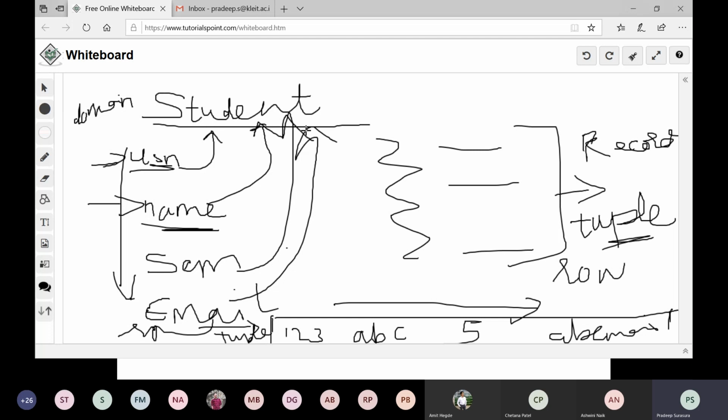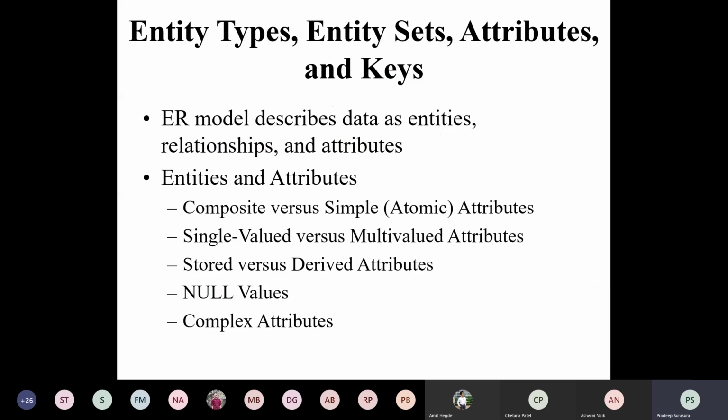So whatever attributes we are trying to consider for a student, all the attributes should be of a specific domain following some constraint. Following some constraint means unique. Now USN should be unique. No student's USN should repeat. Name can repeat. Everybody should have a name. Everybody must study in a semester. Everybody should have an email, a unique email. If I say that, they all become one or the other constraints. Now, what does the ER model comprise of?